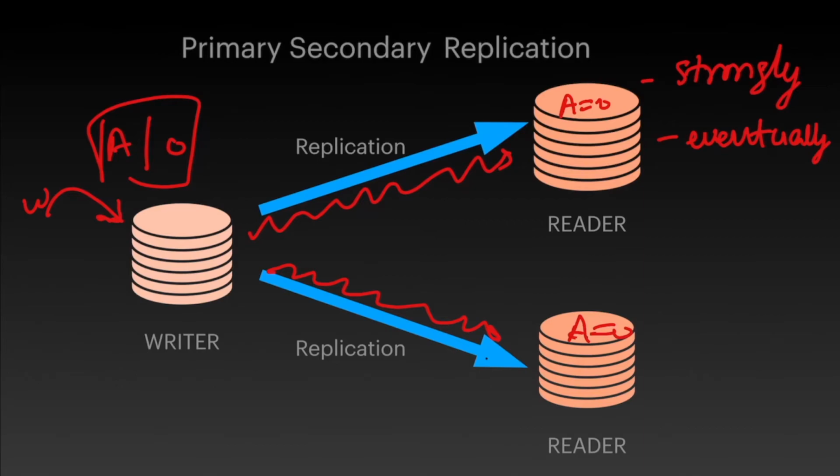But there is a downside to this system. Suppose you have deposited 100 rupees into your account, and when you check your balance again you find that you have 0 in your bank, then you will panic. So in this scenario, we will prefer a strongly consistent system. This system will be slow, but the read and write operations will give a consistent value.